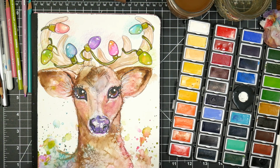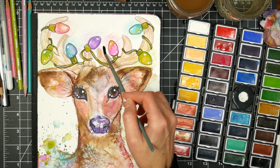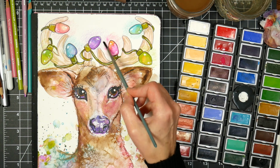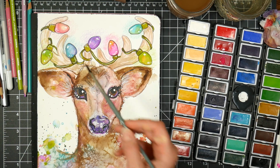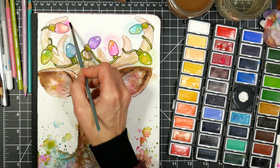Since I said it out loud and I've had the idea percolating in my head a little bit, I want to add some watercolor to the color pencil too. I just thought, that sounds really nice actually. So I'm going to do that. I'm going to take the colors that I used in the balls, very lightly though, because their light is not going to be as bright as the color of the glass, because it's really just like, you know,